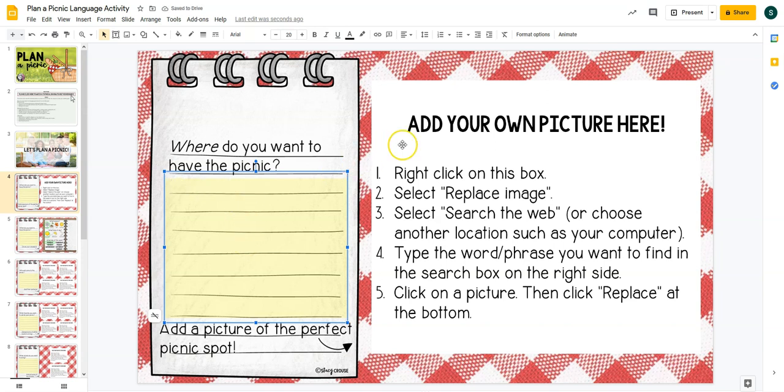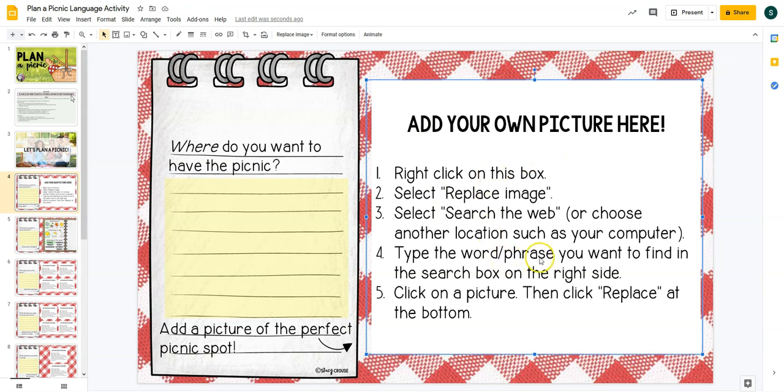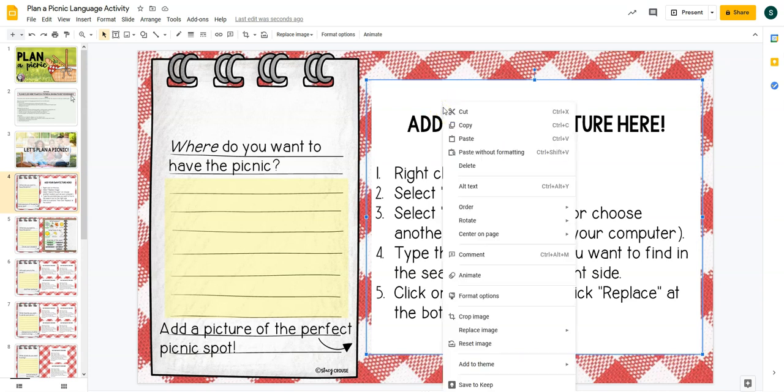So on each of the pages, on each of the slides, there are these kind of placeholders for pictures. So if maybe your student wants to add a picture while they're planning where they're going to have their picnic, you can quickly do that. So to do that, you're going to right click on that placeholder, and then click Replace Image. And then you can search